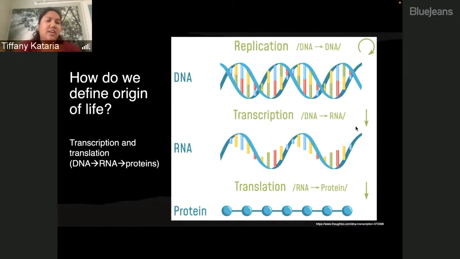The basic idea of transcription and translation takes you from nucleotides in DNA into a sequence of amino acids to build your desired protein. So it is a critical pathway for forming life. And so this is the assumption that we make when we think about life, or the origin of life, I should say.